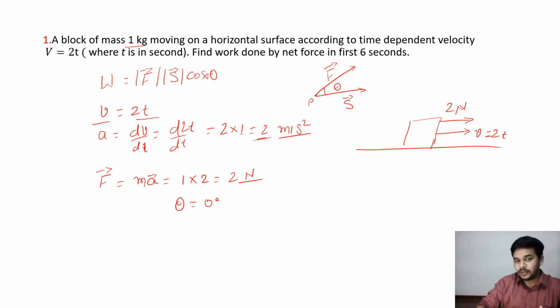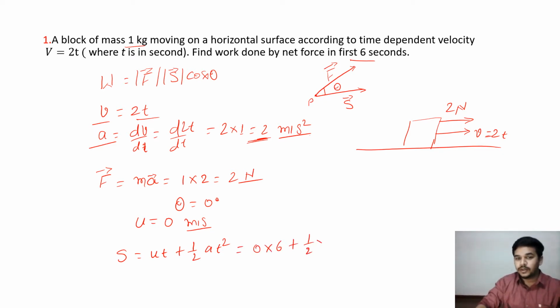So two things we have calculated: the force and the angle theta. What about the displacement in the first 6 seconds? The block's initial velocity u, meaning at t = 0, will be 0 meter per second. You can also see the acceleration is constant, so we can apply the equation of motion to calculate the displacement in the first 6 seconds. So s = ut + half at square. Substituting u = 0, into 6, plus half into the acceleration